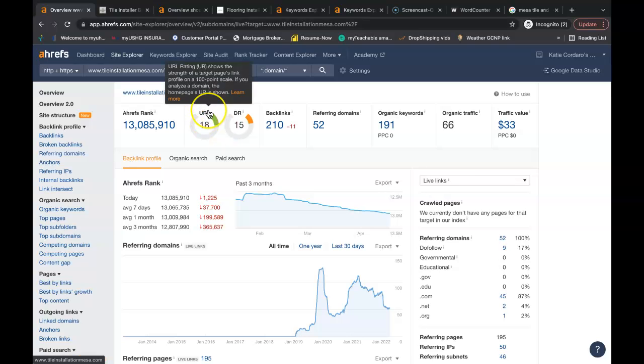So I looked behind the scenes of his website. He has a URL rating of 18. That's how powerful it is. He has a domain rating of 15, which is pretty close to that ratio of 1. So that just means that he is getting quality backlinks, which is very important. He has an organic traffic of 66 people coming on there a month, and his website is just solely based